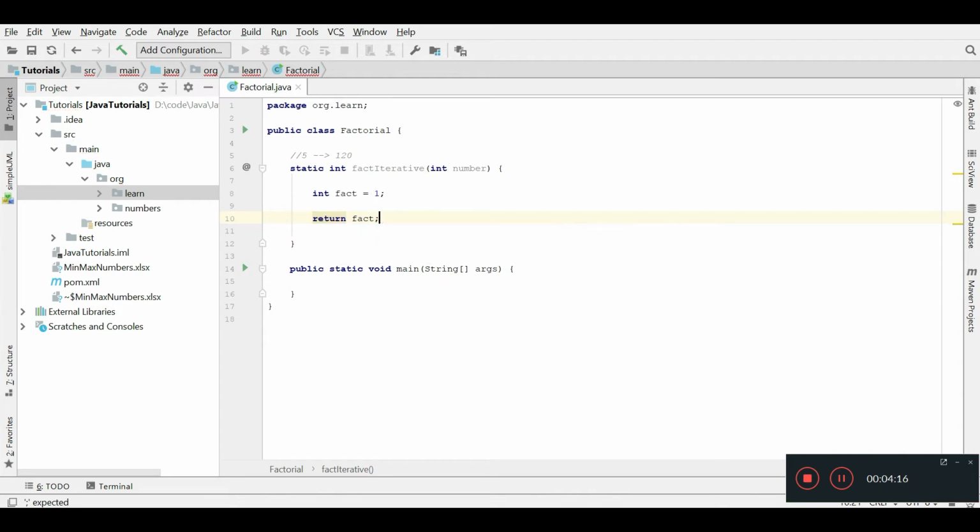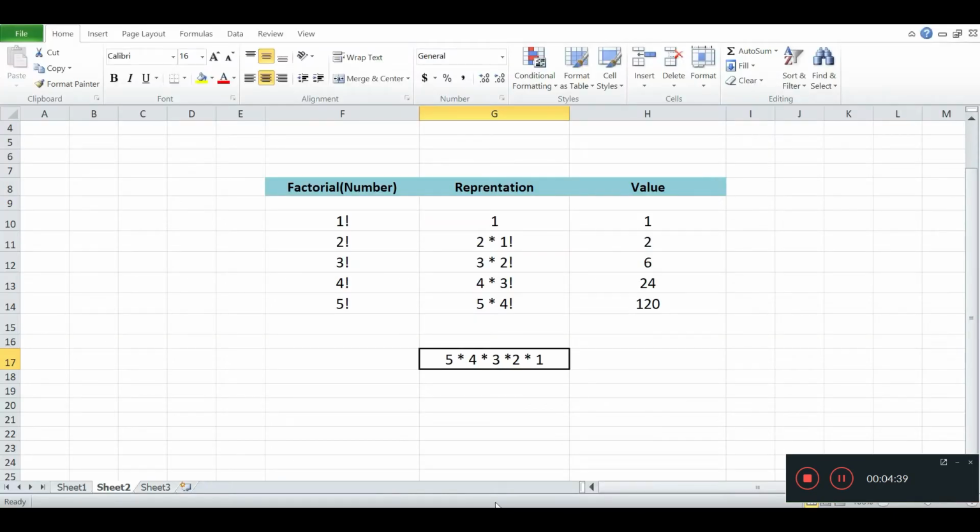Now we just loop through it. Suppose the number is 5, so it will be 5, 4, 3, 2, 1. We can start from 1 to that number, or from the number down to 1; either way works. I am using 1 to 5.